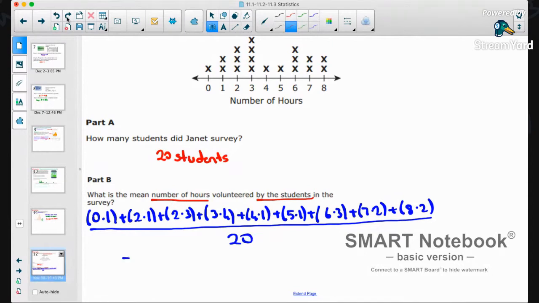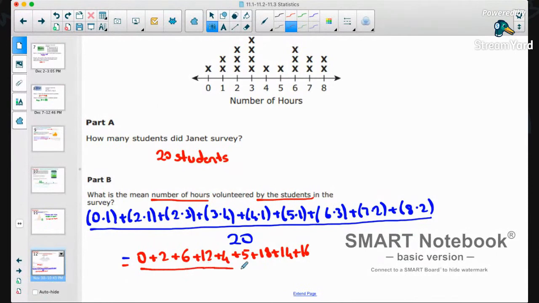So if you calculate this, ladies and gentlemen, 0 times 1 is 0, plus 2 times 1 is 2, plus 3 times 2 is 6, plus 12, plus 4, plus 5. 6 times 3 is 18. And 14 plus 16